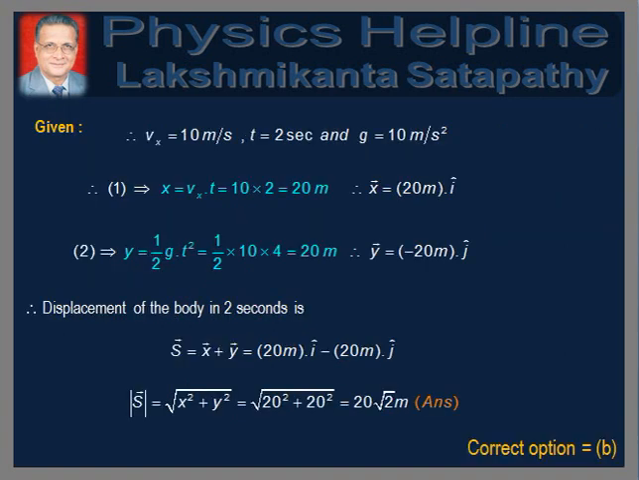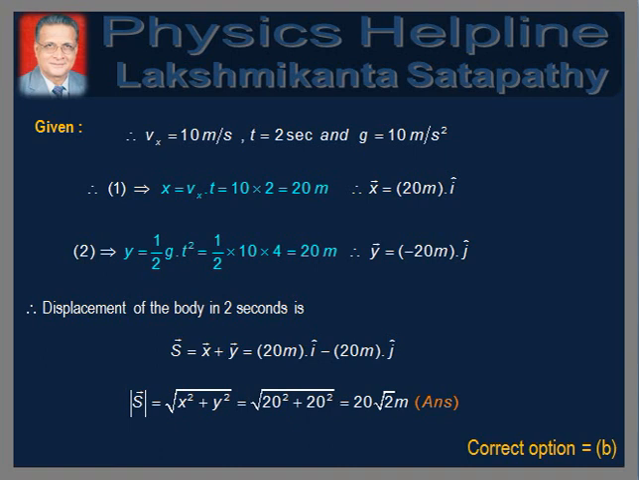It is given that Vx is equal to 10 meters per second, t is equal to 2 seconds. Therefore, we have x is equal to Vx into t, which is equal to 20 meters. Since it is positive, we write x is equal to 20 meters